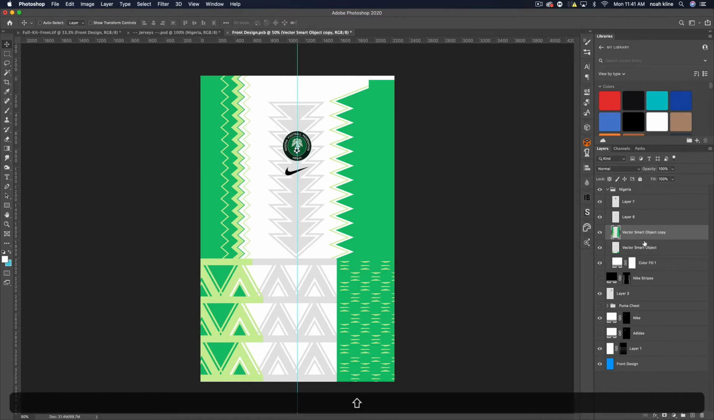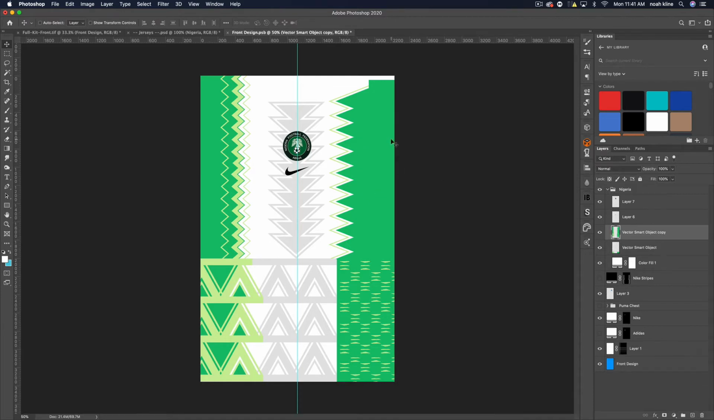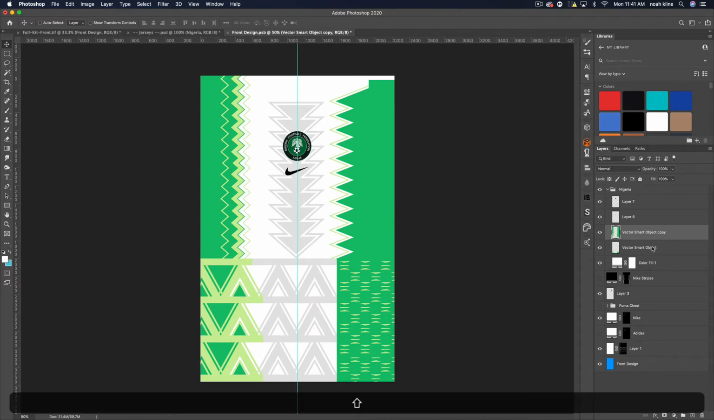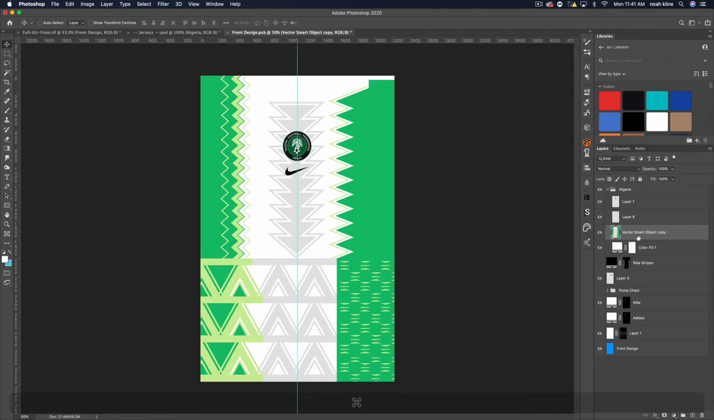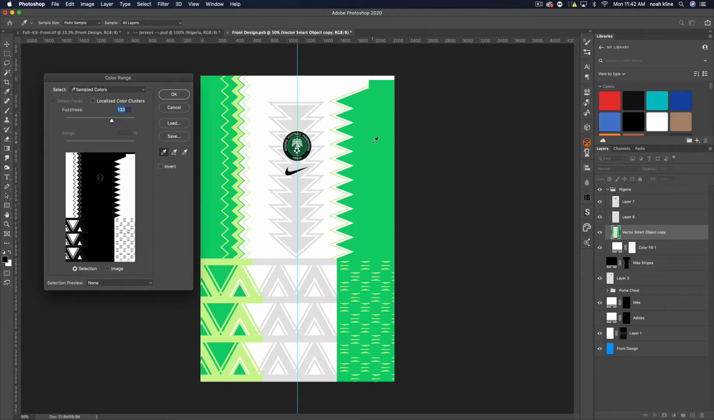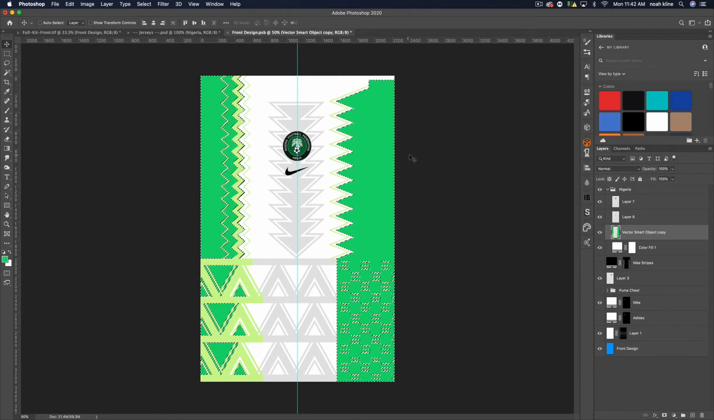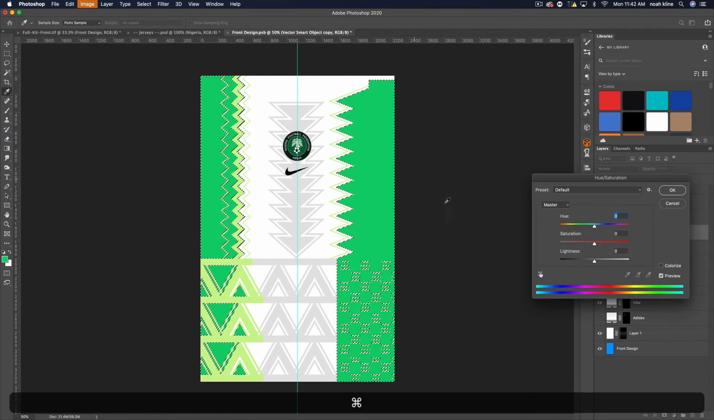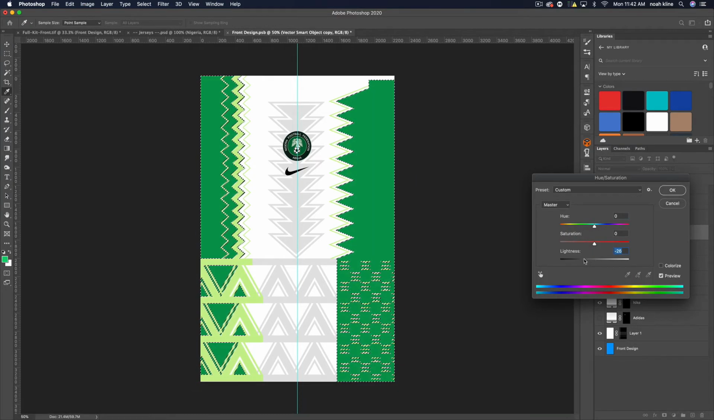So that's the pattern set up. You'll notice the green of the pattern isn't exactly dark enough, so I'm actually going to have to darken this up real quick. I'm just going to select both of the vector smart objects and press Command E to merge them. And we're going to go to Select, Color Range, and select the main green here, and click OK. And then I'm going to press Command U and just darken it a little bit